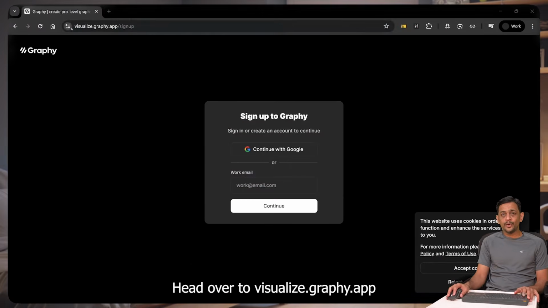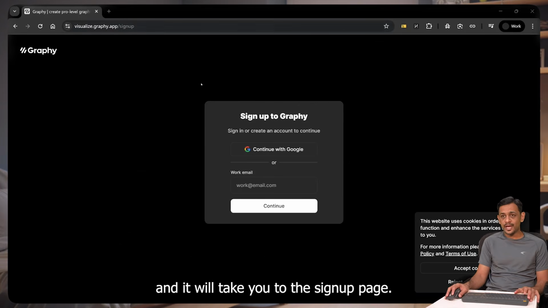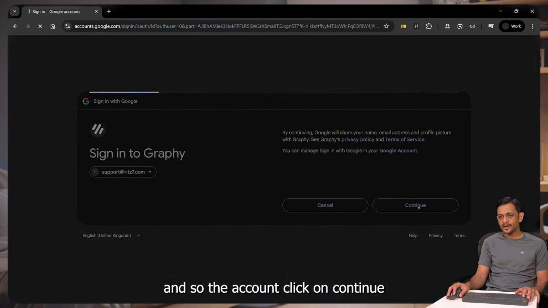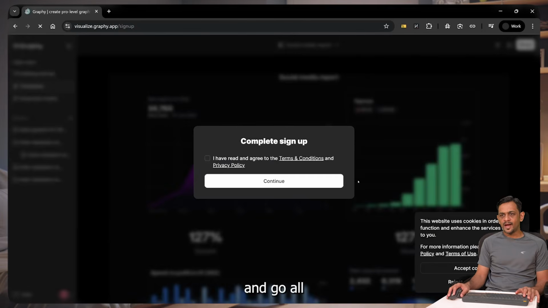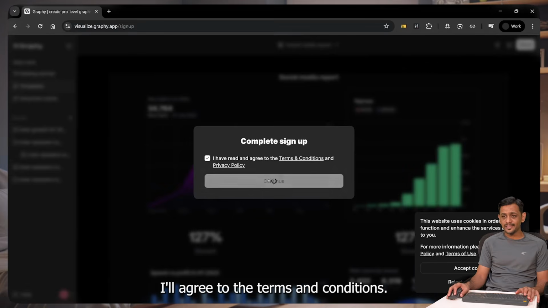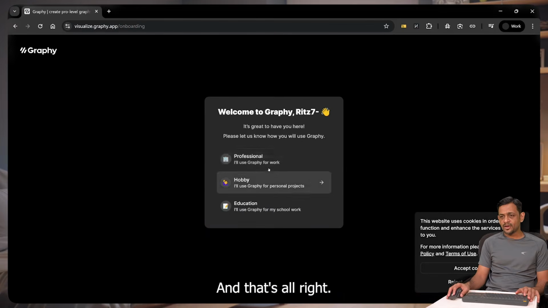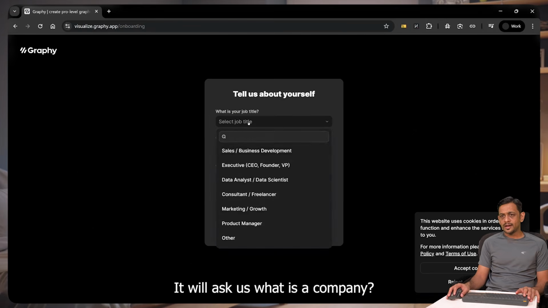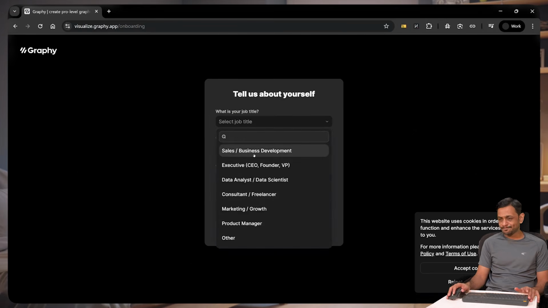So to begin, head over to visualize.graphy.app and it will take you to the sign up page. I'll continue with Google and select the account, click on continue, and there you go. All complete. I'll agree to the terms and conditions, click on continue, and that's all. Right, so it'll ask us whether we are using it for professional, hobby, or education purposes. I'll go with professional. It'll ask us what is the company, and